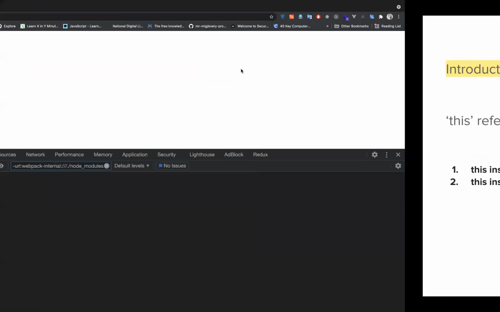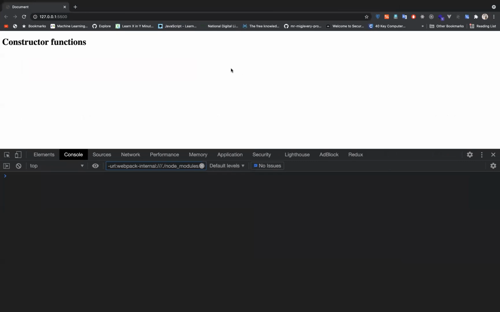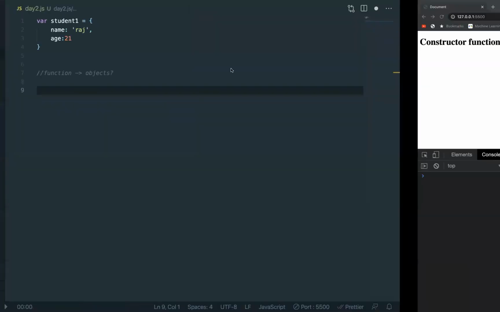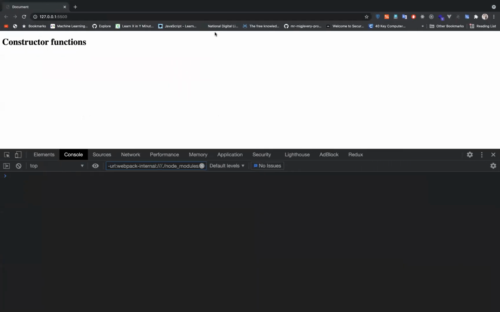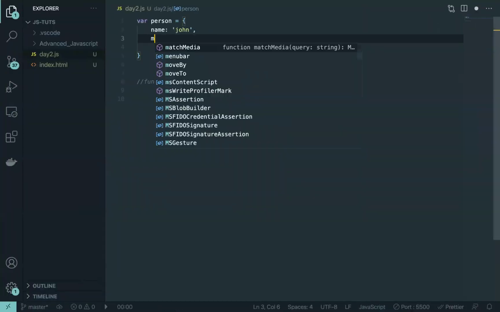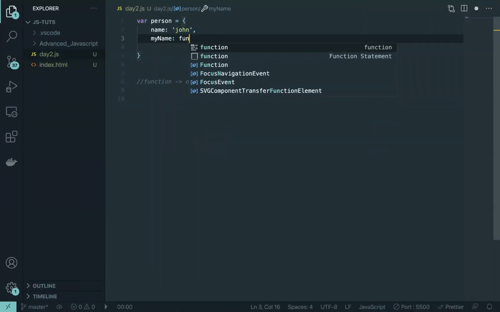So if I just rewrite this particular code, just write in a function here. So as the name, myName, and a function.